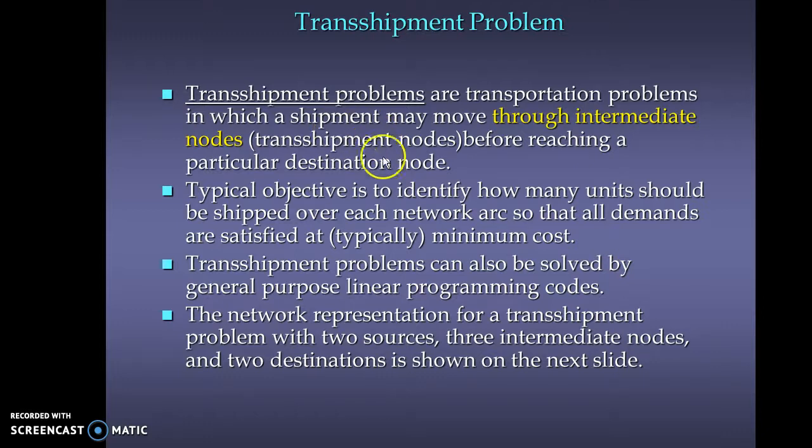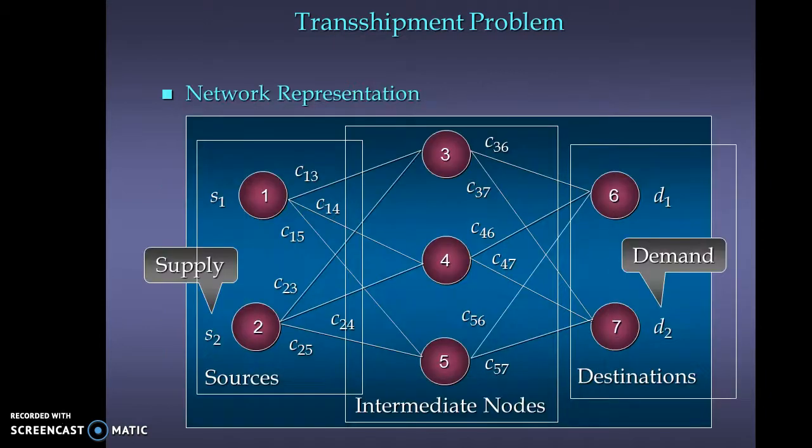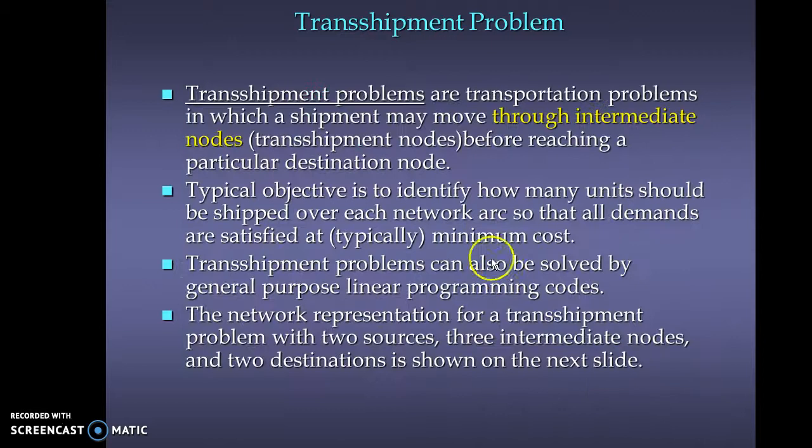So they go through these transshipment nodes, and typically we're trying to identify how many units should be shipped from each network arc. Okay, each path here should source 1 go to the intermediate node here to get to that destination, or should source 1 go to node 4 to get to that destination at the lowest possible cost, typically